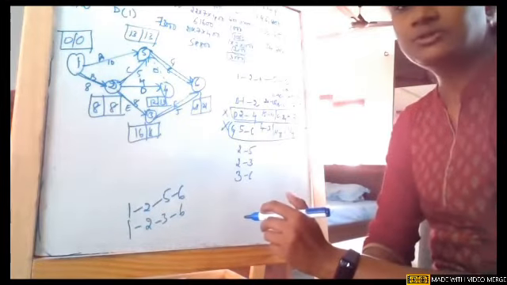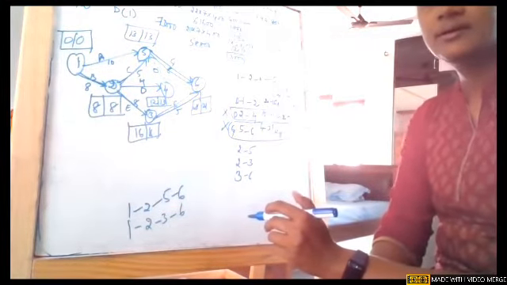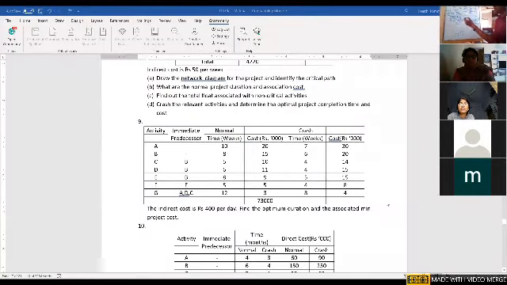Okay, so one more thing. 2 to 5 activity is nothing but activity C. As per the question, I'm just modifying them, girls. 2 to 3 it is E, and 3 to 6 it is F. So now when I go to 2 to 5, which is C, we can check the first cost, girls. The crash cost is 14 and normal cost is 10. So 14 minus 10 divided by the durations are 5 and 4, 5 minus 4. So I think the slope is 4 for activity 2 to 5.